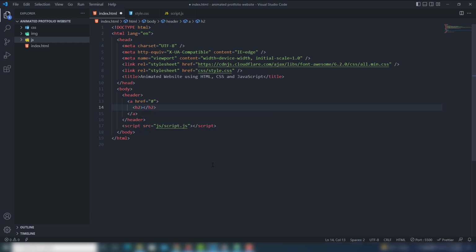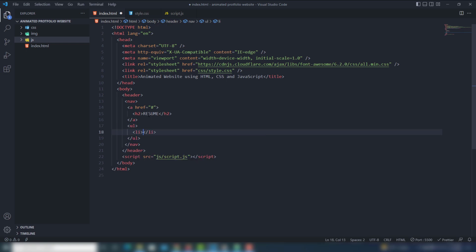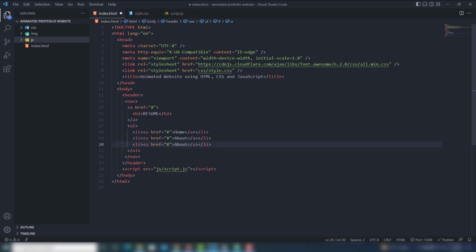And after this section, I'm going to add the nav tag also, right? Inside the nav tag I'm going to use ul tag, li tag, anchor link, and this will be home. The second one will be about, third one will be skills, fourth one will be blog.